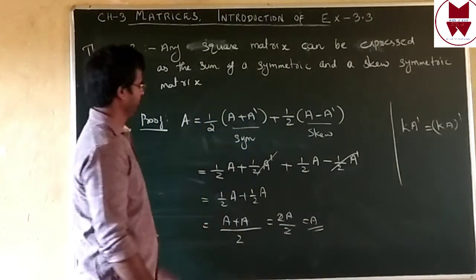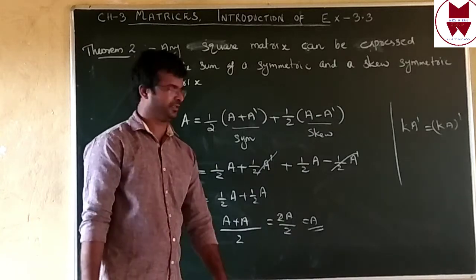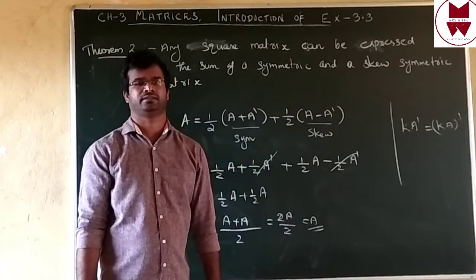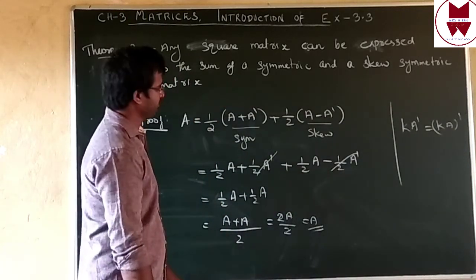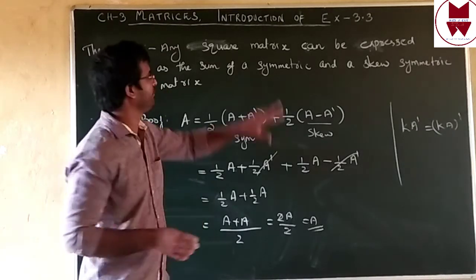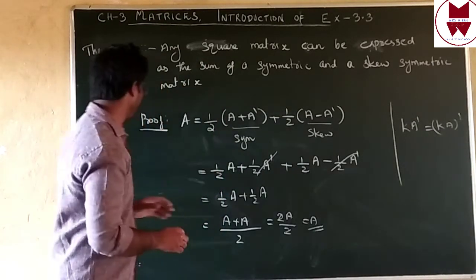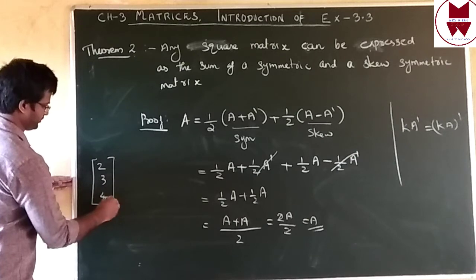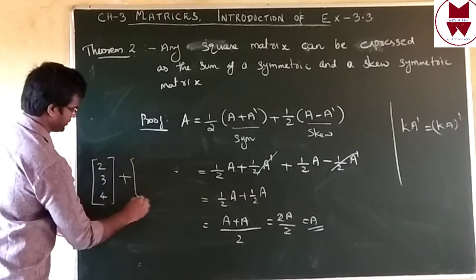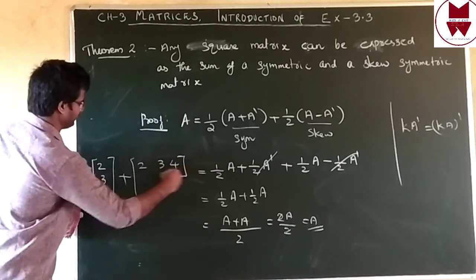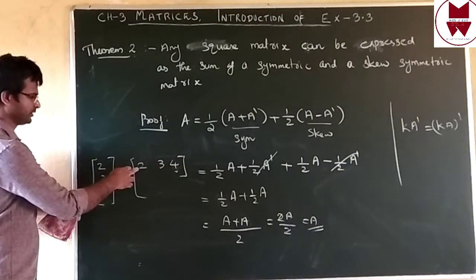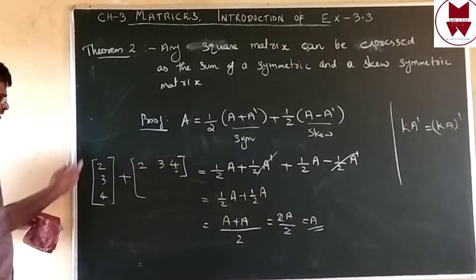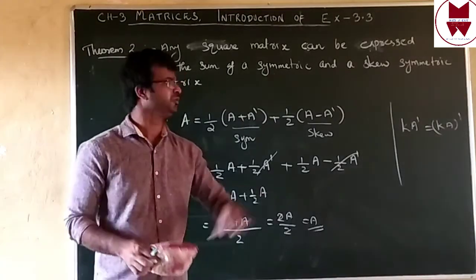Same, isn't it? Then this matrix A we can represent as the sum of one symmetric matrix and one skew symmetric matrix. That is the theorem. Okay. One thing you have to understand: we cannot do this for any matrix. Only we can do it for a square matrix. What is the reason? If you take a non-square matrix, 2, 3, 4, the transpose of this matrix you will get 2, 3, 4 as a column. How can I add? 2 plus 2, then the second row, first number. What is the second row here? If you take any non-square matrix, you cannot do this. Only we can do it for a square matrix.